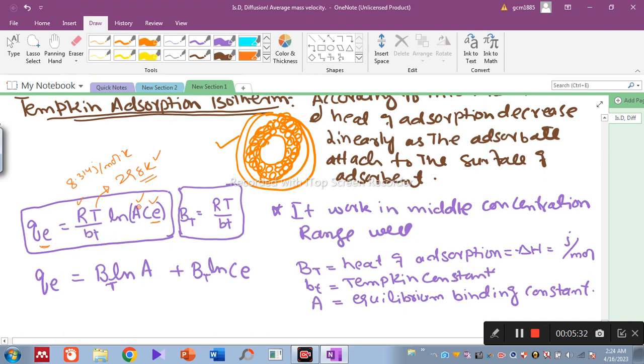So this A is the equilibrium binding constant, and again this is the maximum binding energy. This constant gives us information about the maximum binding energy, that is, how much maximum energy can be released when atoms, molecules, or ions are attached to the surface of the adsorbent particles. And this C is the equilibrium concentration, and remember this CE value is obtained from the